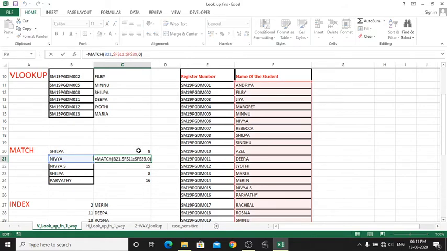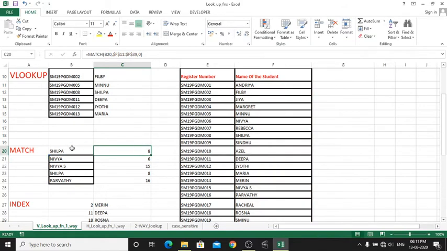So I got 8 as the location of Shilpa. Let's check here what the Excel does. When I give F11 to F39 as the table range, F11 will be taken as the first location, F12 will be taken as the second location, like that.